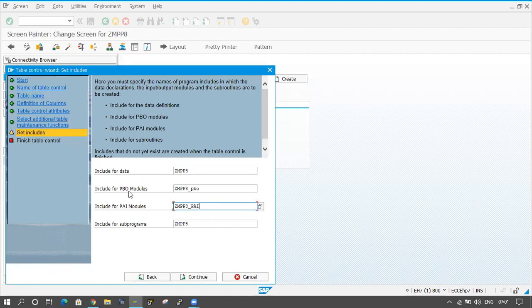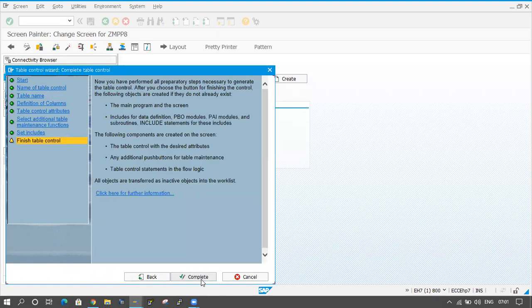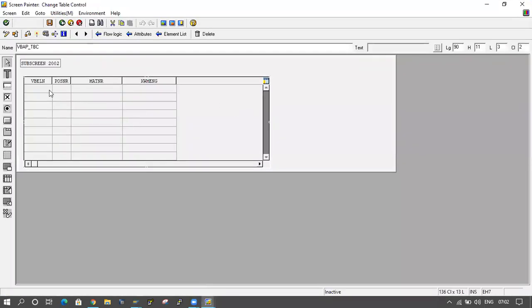For PBO, I am taking the PBO include. For the PAI include name I am giving the PAI include. And for the remaining data, I am taking the main program. Click on continue button, then click on complete button. So automatically the table control is coming with the fields here.